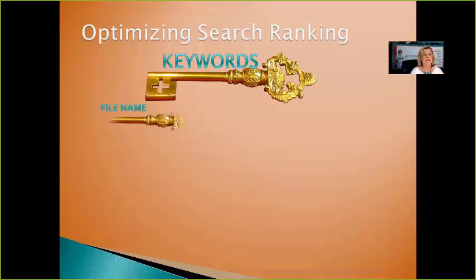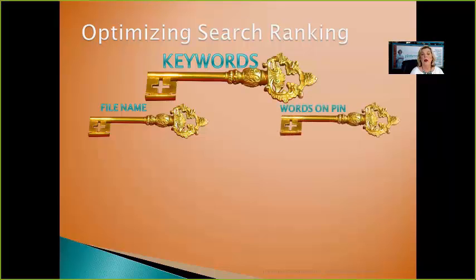And so with these keywords, you want to make sure that the image file name has those keywords in it. So if you are a place that is good for family vacations, then you would want to name an image, let's say it's an image of people playing tennis, then you would want to name the file Family Vacation Tennis. See, because you're including that keyword in there. Because whenever the search engines are searching, they read all of this. So it's very important that you do that. Also with Pinterest, words on the pin.